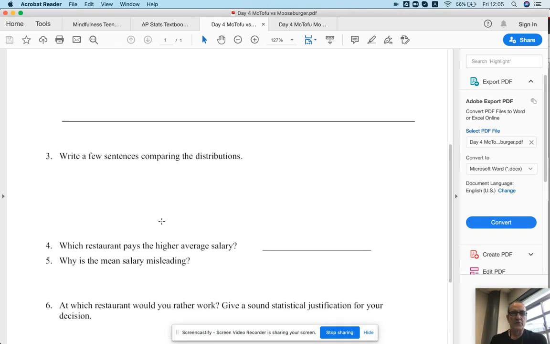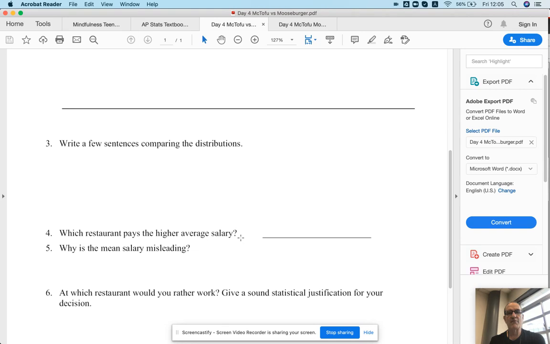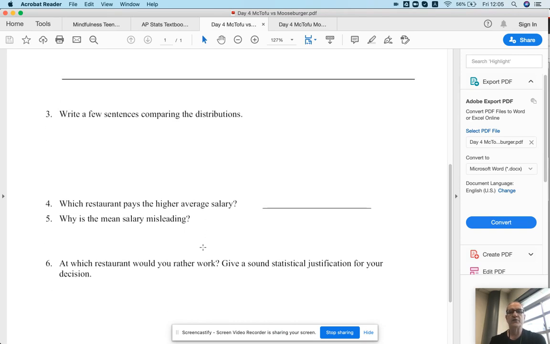Now, which pays the higher average salary? I think we saw McTofu. Why might that salary be misleading? Well, because you have that huge $360 outlier, which is pulling the mean for the McTofu average salary higher. So you have an average that appears to be higher. It actually is higher